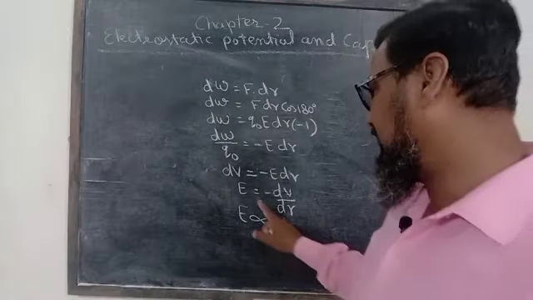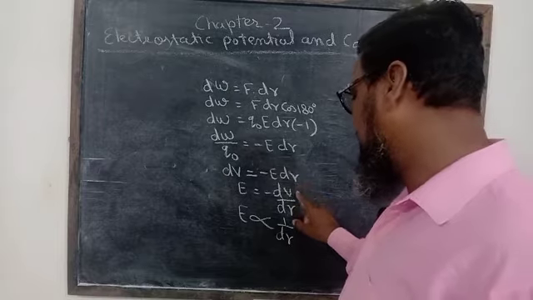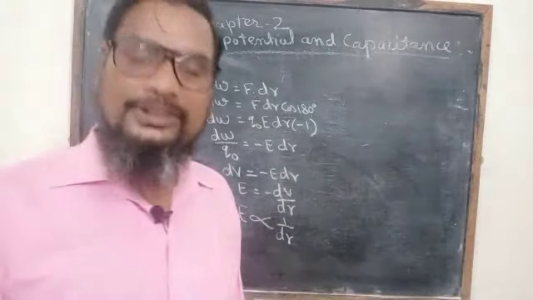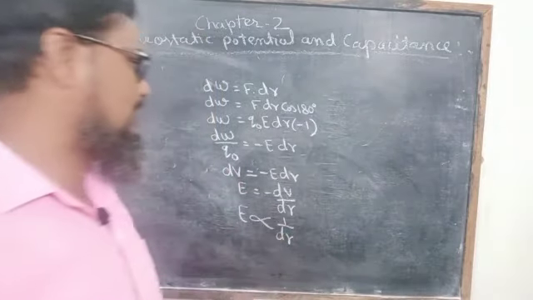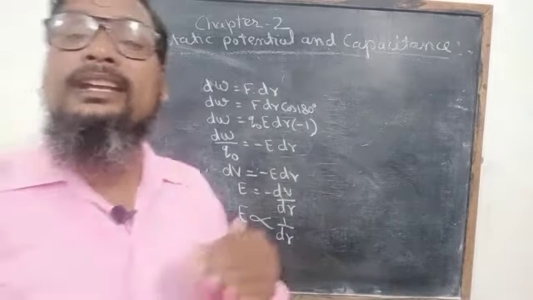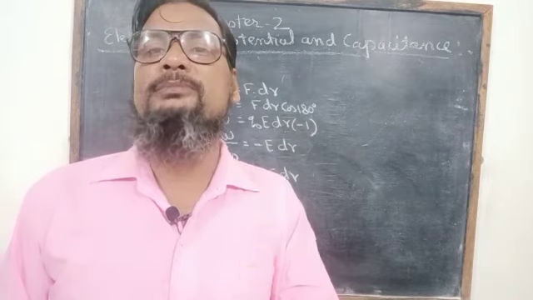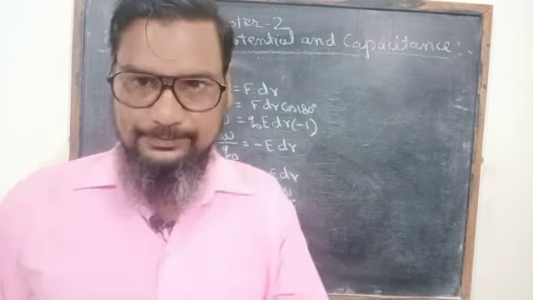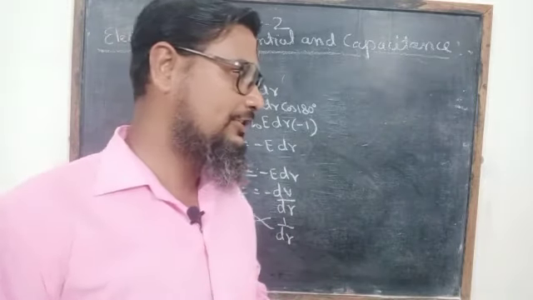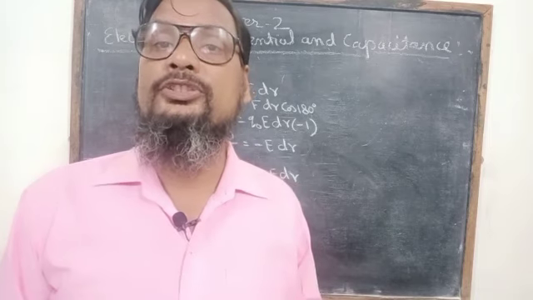So the electric field intensity is the differentiation of potential with respect to position. When the electric field intensity increases, the separation of equipotential surfaces becomes smaller and smaller. So with the help of these characteristics and definitions, we shall discuss some important questions based